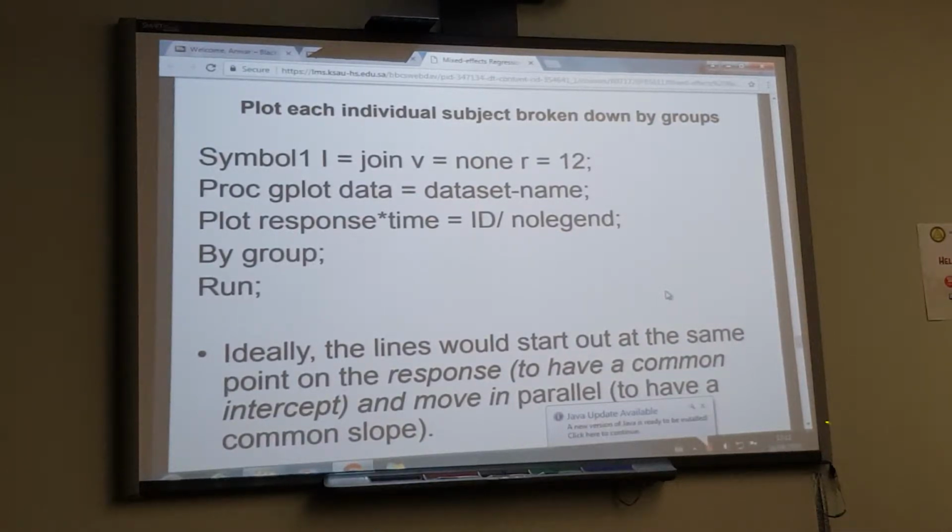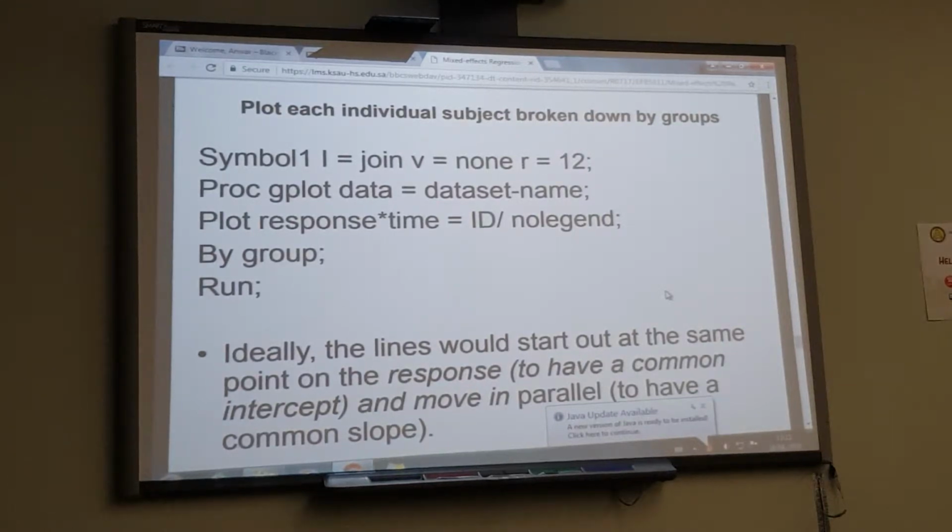Remember now, we're going to involve subject in all our analysis because we consider it a variable. Then there is a slash, which is for options, no legend, and we want to see this by group. If we have a group of treatment, then we want to see this plot by group, like a plot for group A and a plot for group B. If I have 3 groups, I'm going to have a plot for group A, group B, and group C. So let's do this kind of plotting and see the effect on lead, for example,